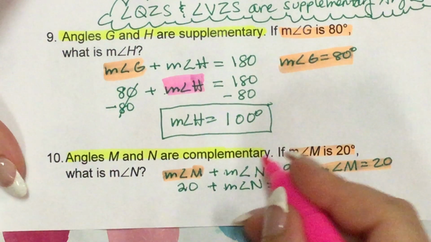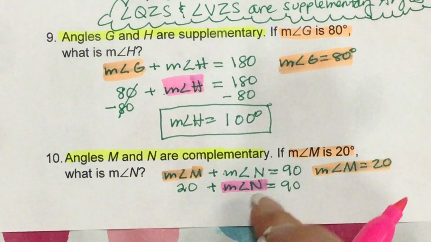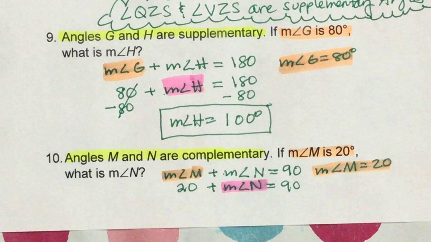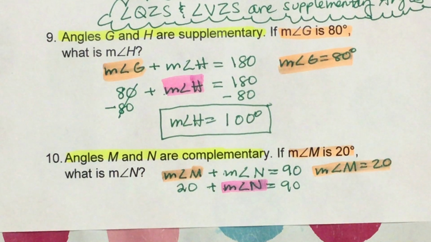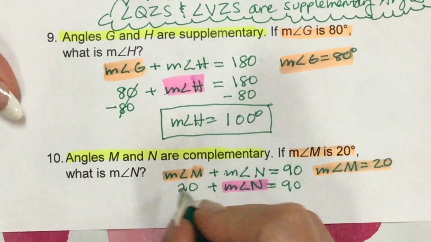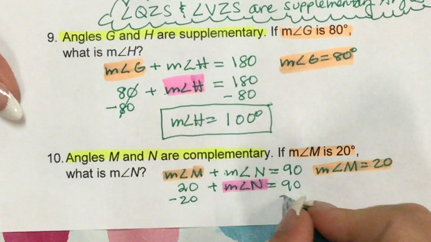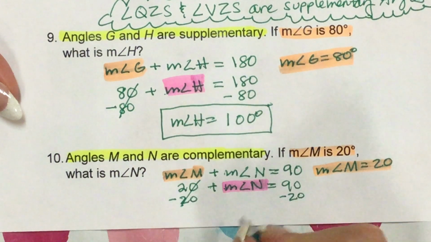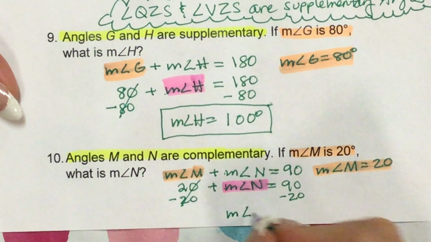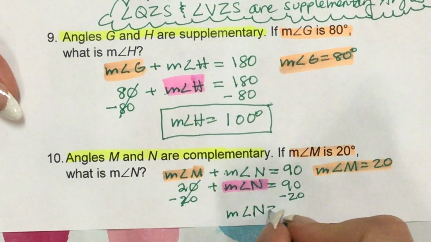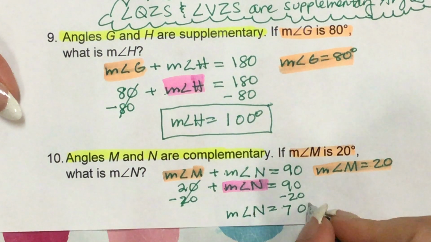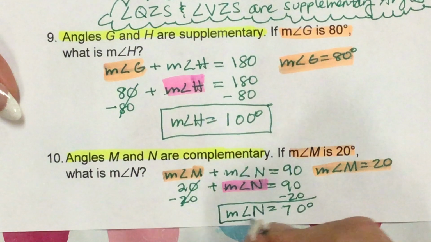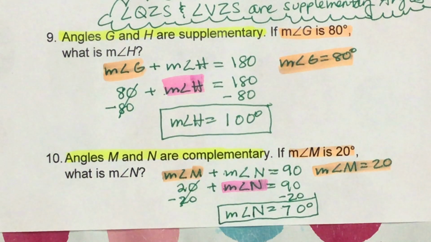We need to determine what is the measure of angle N. To do that, we just need to get it by itself. So is it by itself on this side of the equation? No, there's a 20. How is the 20 related to the measure of angle N? Through addition. So we need to do the inverse operation, which would be to subtract 20 from both sides. Those cancel out and become 0. And what we're left with is that the measure of angle N is equal to 90 take away 20, which is 70 degrees. So if you got that one right, you did a wonderful job,